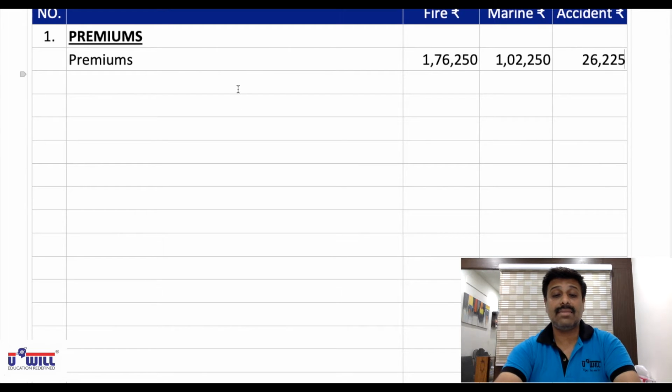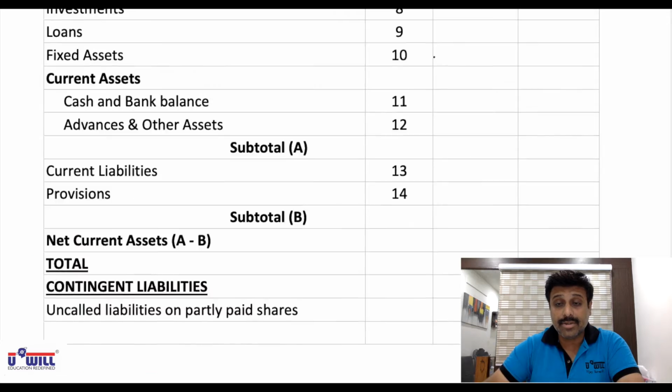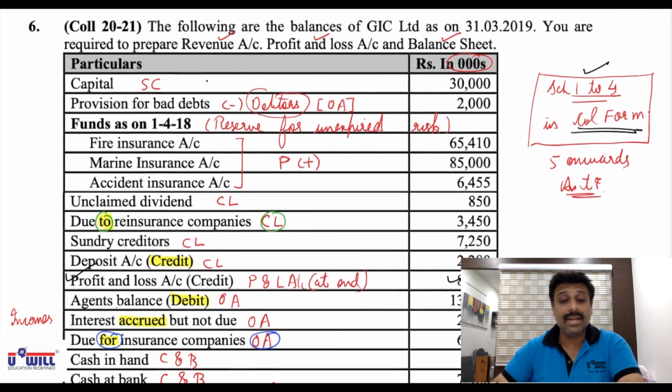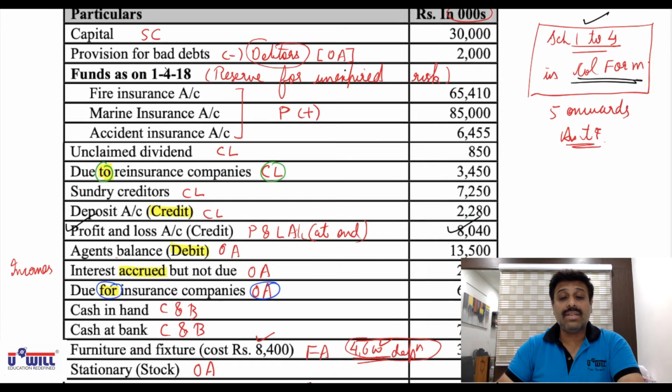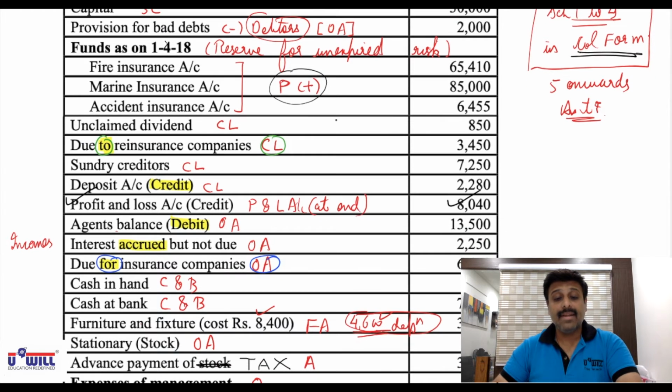Now all the other items marked as P will be taken into consideration. So let us see from the beginning. This fire fund reserve for unexpired risk will be added at the end. P plus is marked but will be added at the end. If there is any outstanding or any premium ceded, accepted, etc., then we plus or minus that